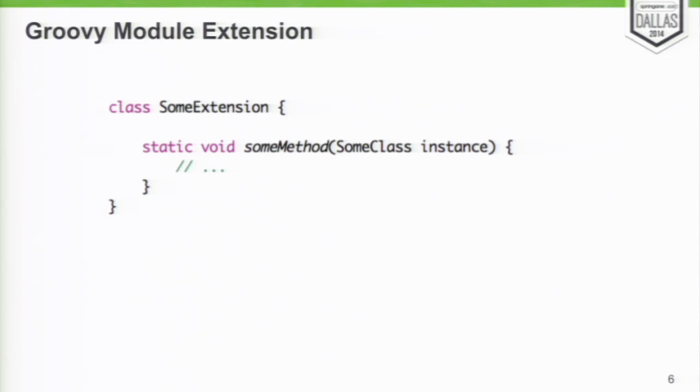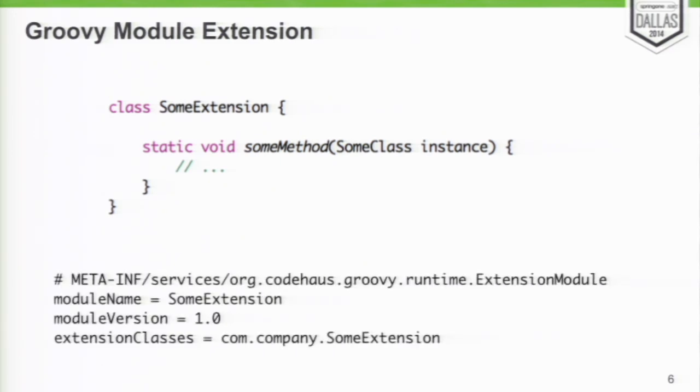So you write a class, just a plain Groovy class, define static methods in the class, and the first argument to the method represents the type that you want to add this method to. So I want to add a method called SumMethod to the SumClass, and the SumMethod accepts no arguments. The way to tell Groovy that this class exists and that it is in fact a Groovy module extension is under META-INF/services. If you create a file called